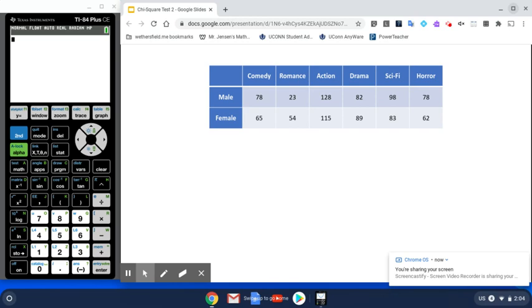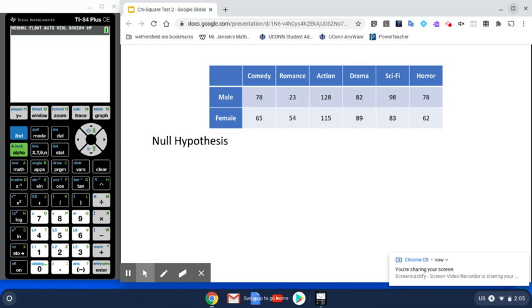some data. We'll pretend that this is legitimate data that I have not just made up, but we've got male and female that were surveyed and asked what their preferred movie preference was. Comedy, romance, action, drama, sci-fi, and horror. And you can see the values of the response. So males, 78 of the males who responded said that they preferred comedy, 23 males preferred romance, and so on. The females, comedy, 65 of the females said comedy was their favorite movie, 54 said romance, and 115 action and